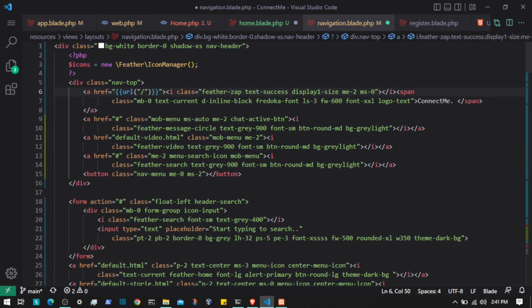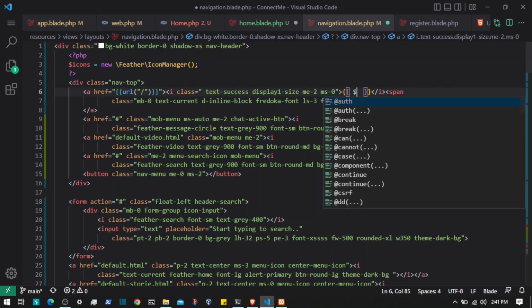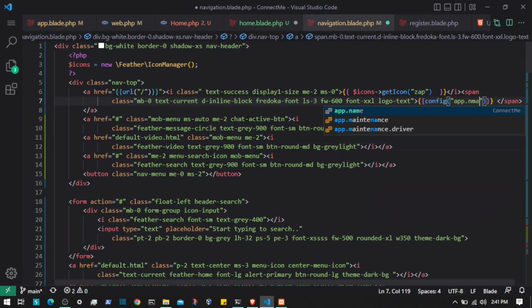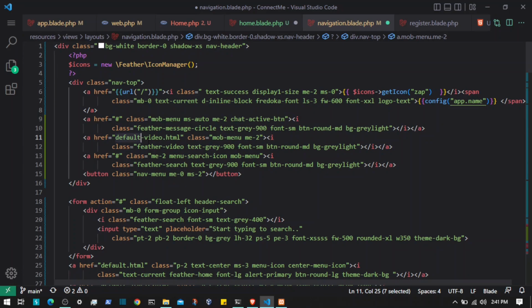Here we have the zip icon, so I'm going to cut this and come here and use the icon like dollar icons of get icon, and passing the zip inside. Now this is static, so I'm going to call config app dot name, and then we have some